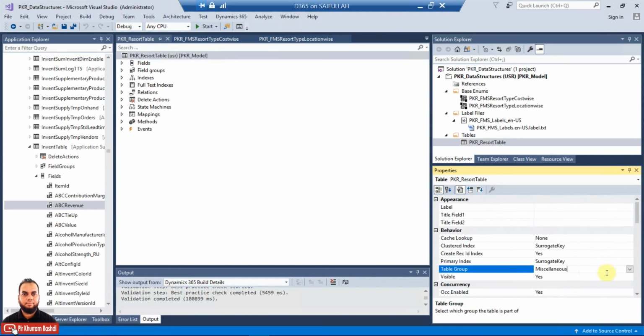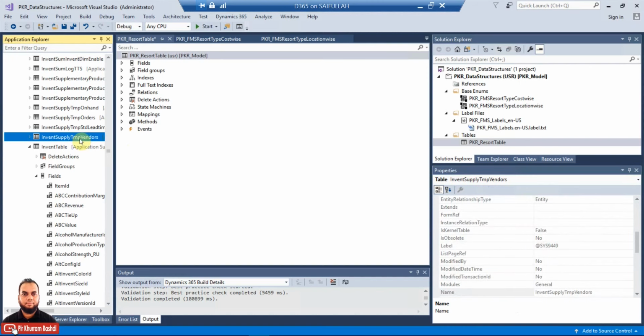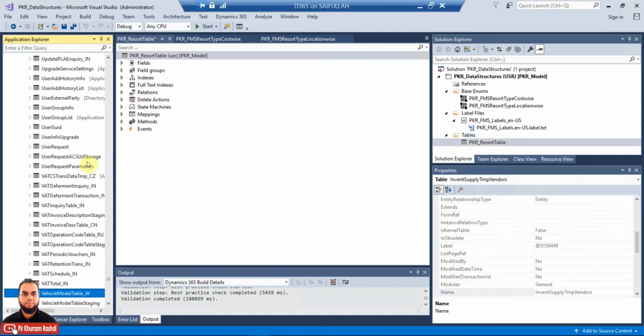Just go to the table group, and as we have discussed, miscellaneous will be used for temporary tables, so by default this value is selected here, which is not our required table group type. Instead, what we will select here is the main table group type, which is basically similar to the cust table as we have discussed. So we'll again confirm.